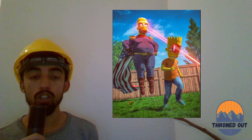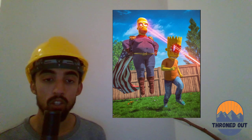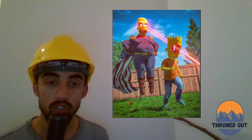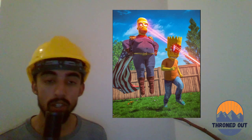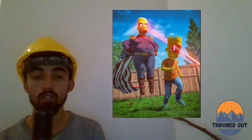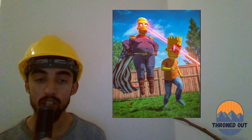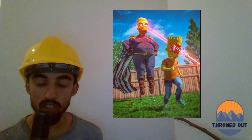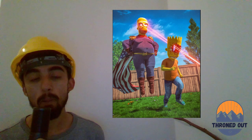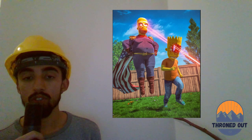Now this father is clearly very patriotic. He's got an American flag as his cape. So this is a patriotic father, and he is dressed in a Superman and Spider-Man outfit. It looks like a Superman outfit because you've got the red and blue, but Spider-Man is also red and blue. So what he's wearing is like a mixture of the Spider-Man and Superman outfits. He's got the spider on the belt,